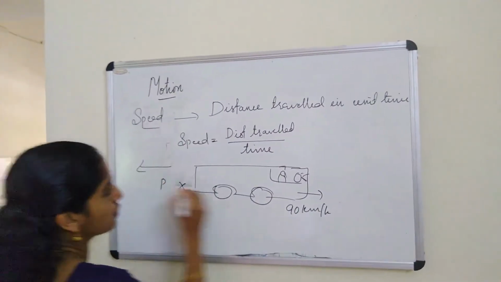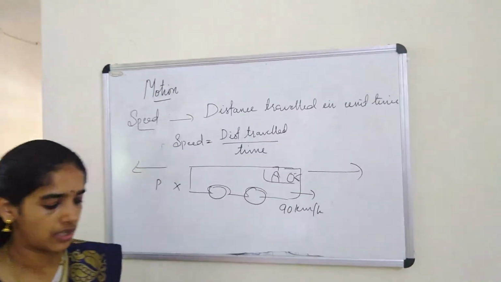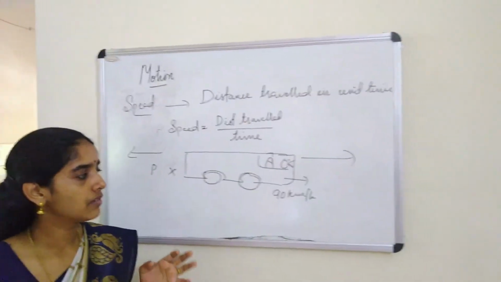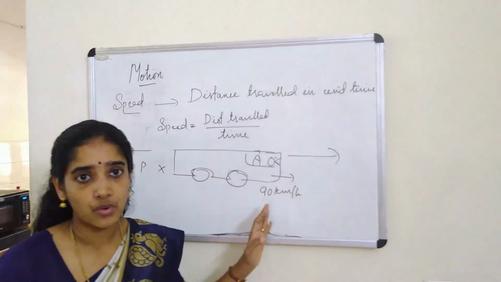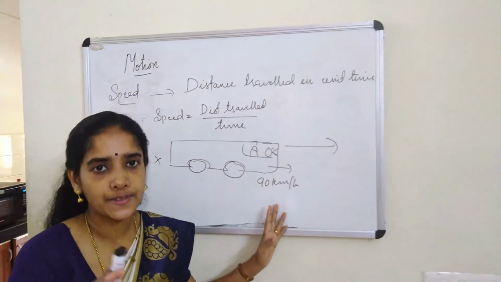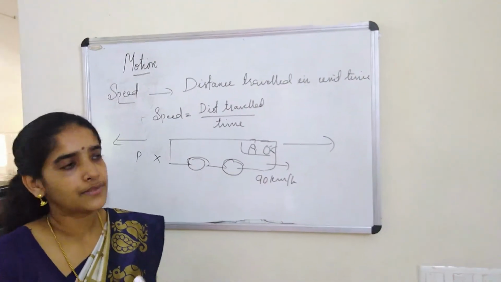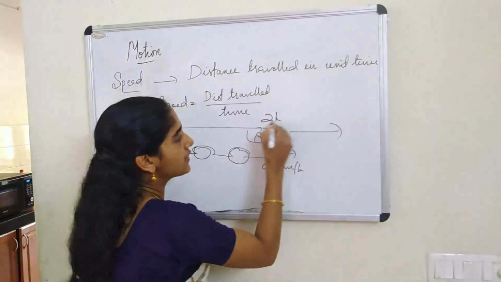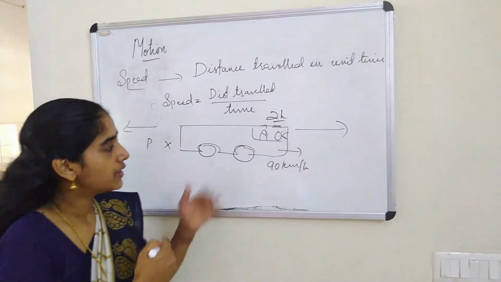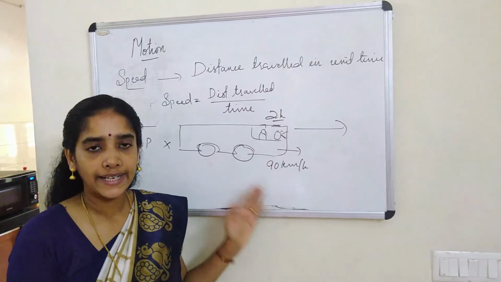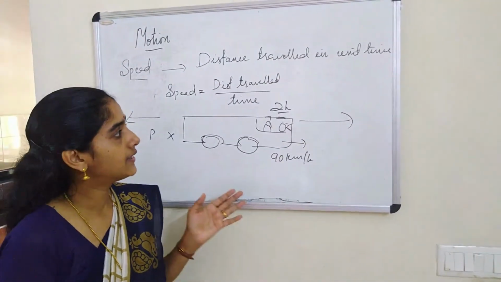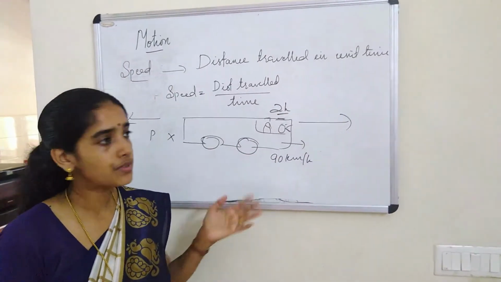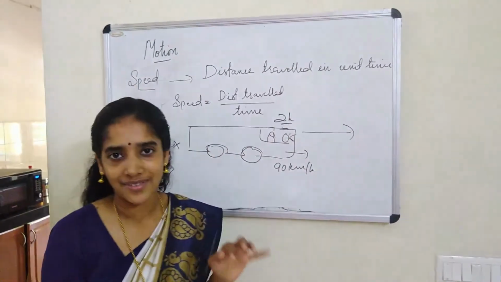Imagine there are two roads to travel from here, one going towards Baroda and the other one going towards Ahmedabad. Now I see the bus is going at a constant rate, which means it is going at a constant speed. Now I want you to guess: where will the bus be after 2 hours? The bus is going at a uniform rate of 90 km per hour, and after 2 hours you have to guess where the bus will be. You cannot, because I did not say in which direction the bus started the motion.